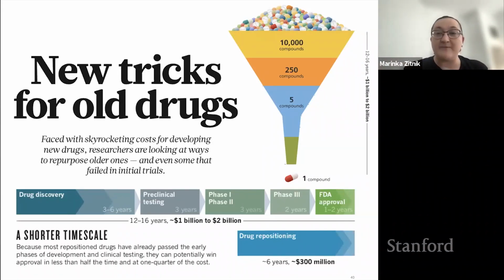The most famous example of a drug that was repurposed on the market is Viagra, which was initially designed for treating cardiovascular diseases. But then during clinical trials, it turned out that there might be other indications that it would be useful for. And while in the past those repurposing strategies were primarily coincidental findings, there is now a concerted effort to ask, can we systematically go through drugs that are clinically approved and are on the market and identify